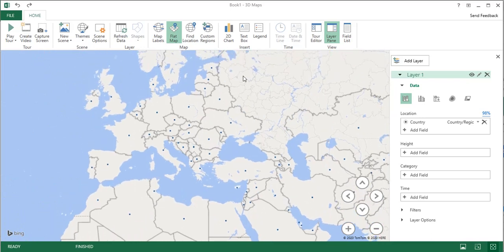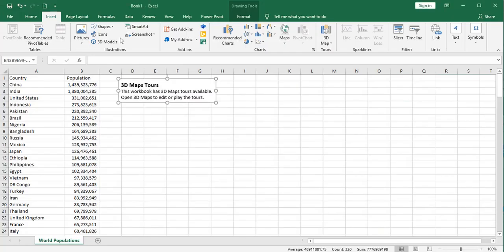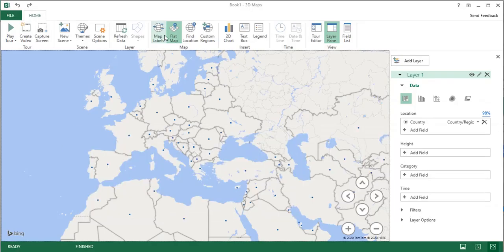If you want to insert things on the map, there's a 2D chart and a text box available. And there's some other options up here. There is a refresh data option as well. If you add some new countries and populations to your list, you can go ahead and refresh them into the data model. Up here on the left side of the menu, there's some options to create a video, and under